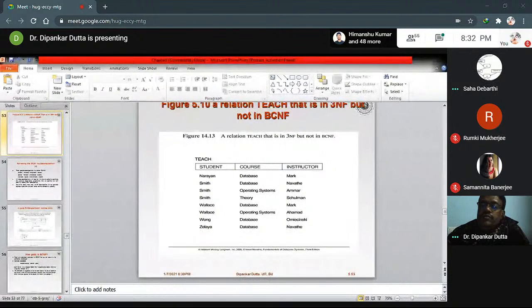Yes, very good. That is the answer I was looking for. So it will be in 2NF and there will be no transitive dependency. Okay, so here see,